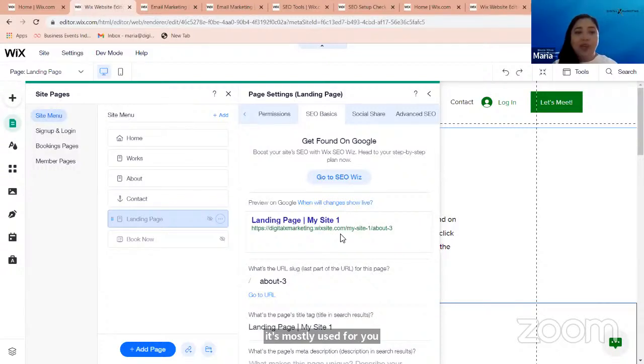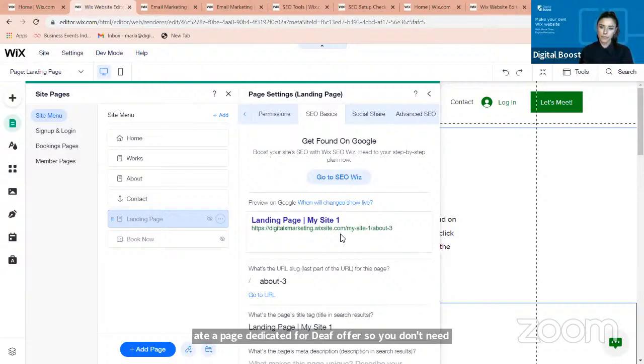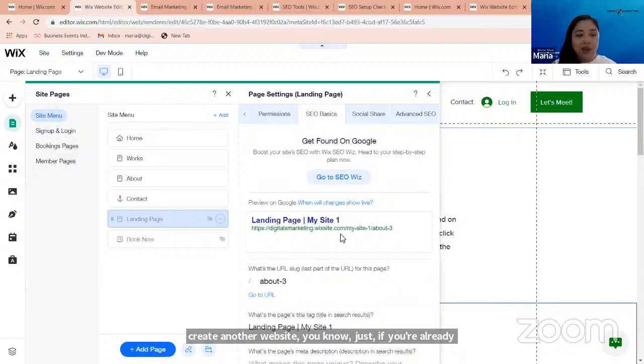Yes, for example, we have clients who wanted to make a special offer, so we create a page dedicated to that offer. You don't need to create another website. If you already have an existing website, you just add a page and then you just hide it. And then for you to get the URL that you need to use for your Facebook campaign, for your email marketing,